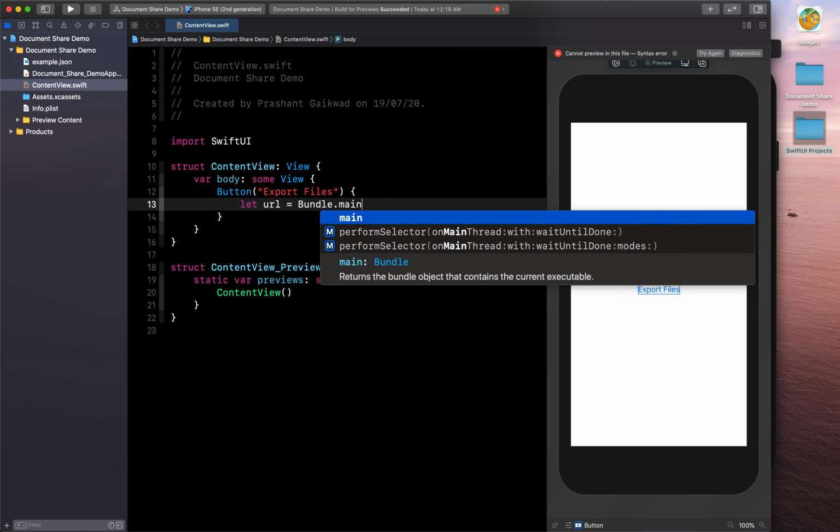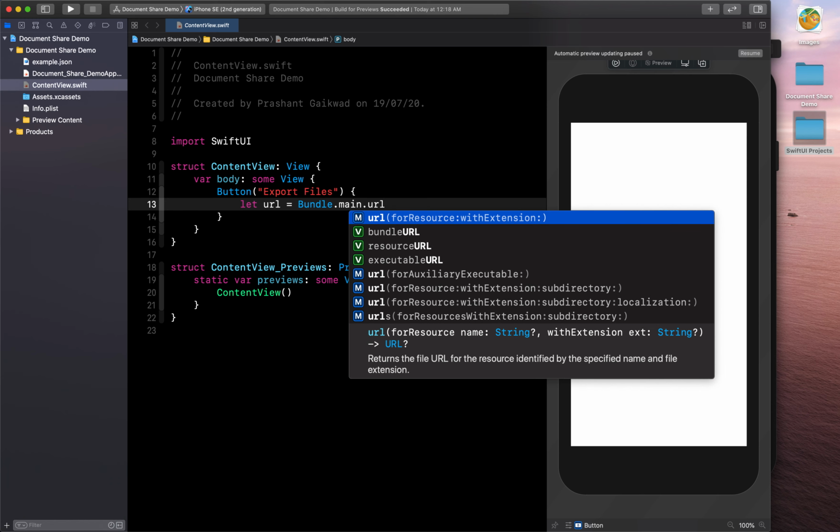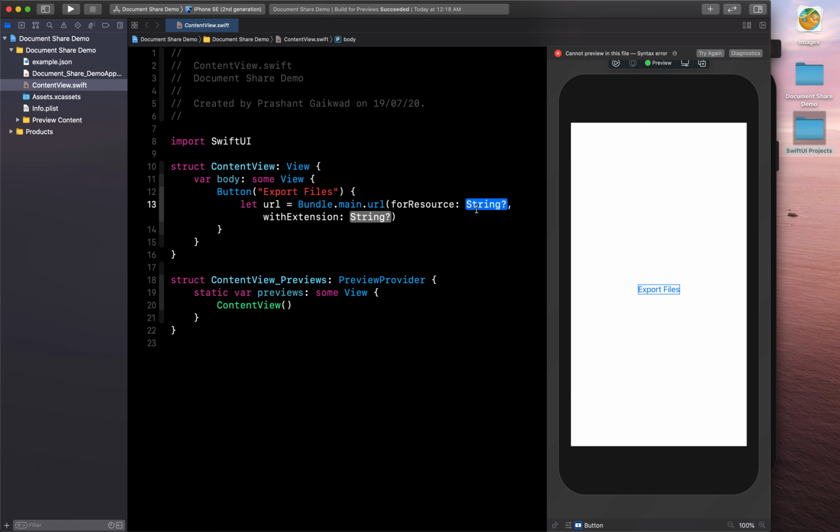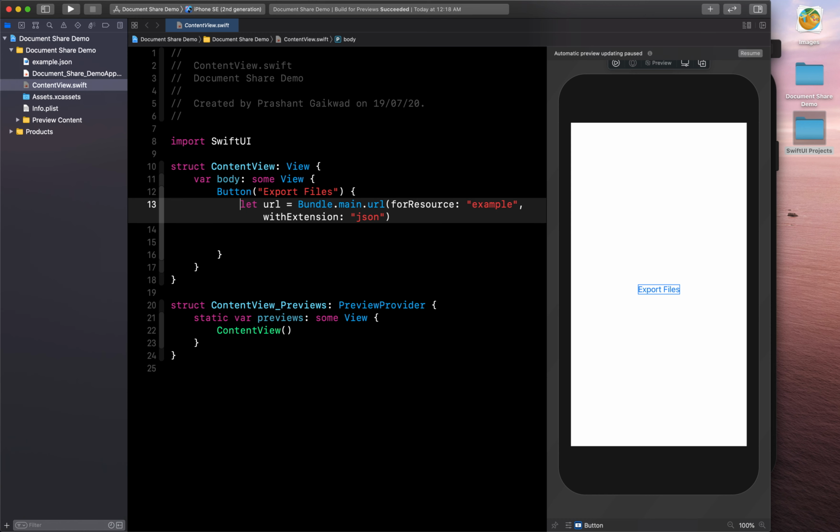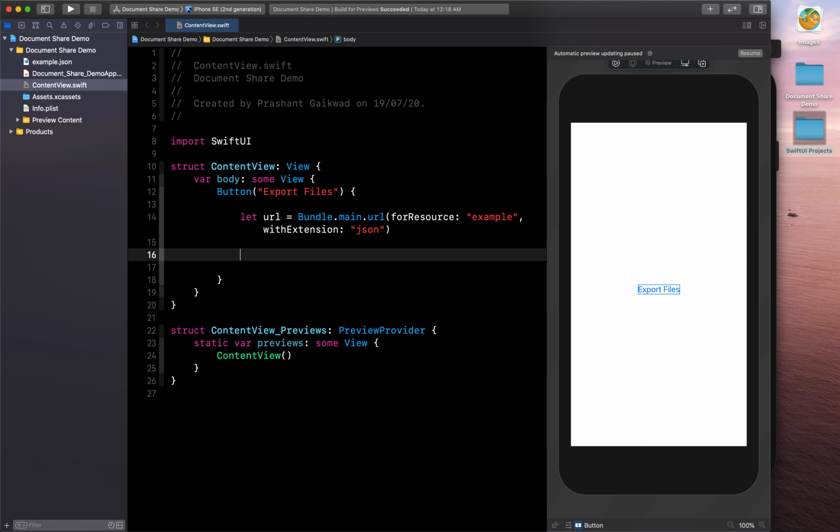So let's do that: Bundle.main.url forResource withExtension. For resource we give the name of the JSON file, which is example, and the extension is json. Now we have our JSON file path with us. We need to pass that.